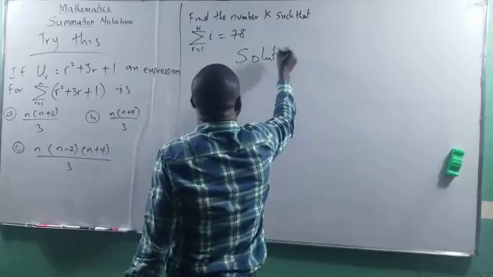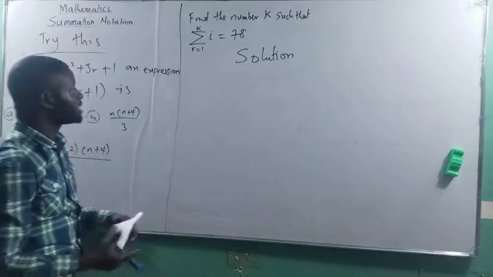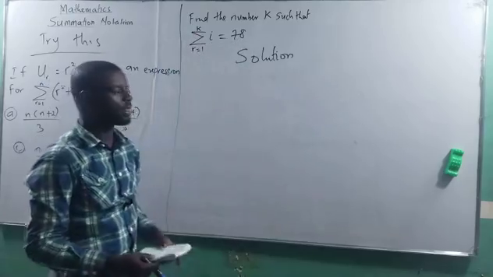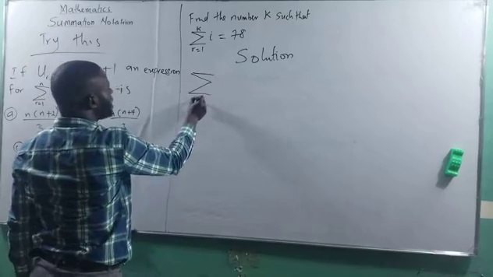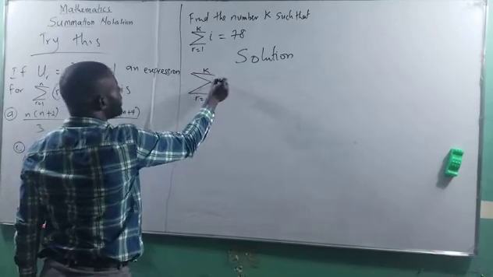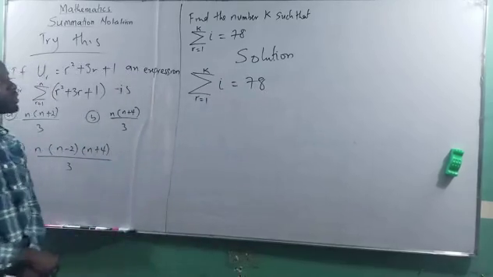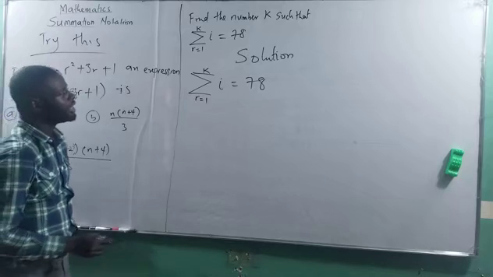Let's try to sort it out. Now, find the value of k such that the sum from r equals 1 to k of this equals 78. You are being told that the sum of n up to r equals 78. That is what you are working on. Now, at this junction, what you just need to do is that